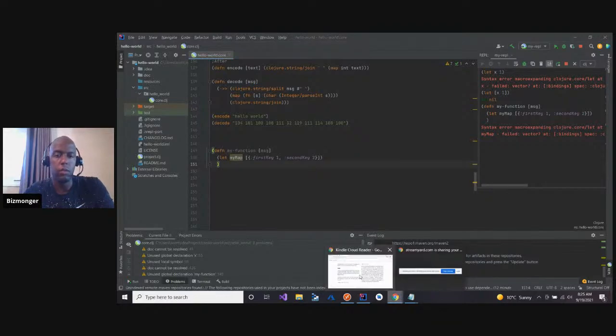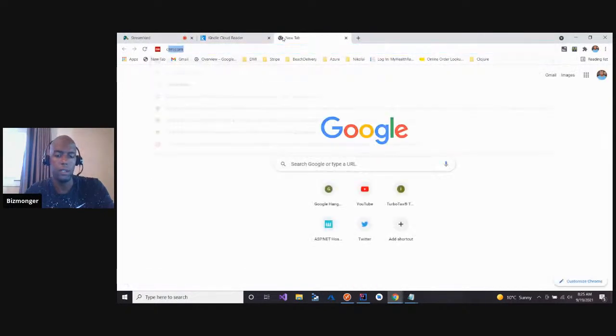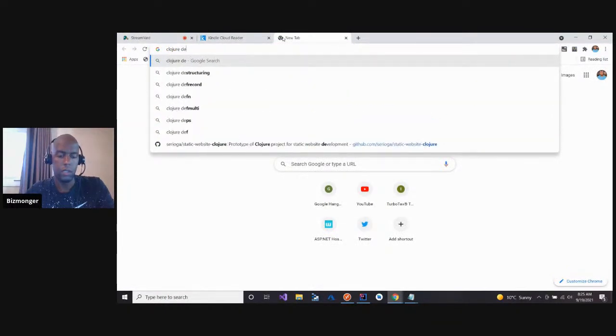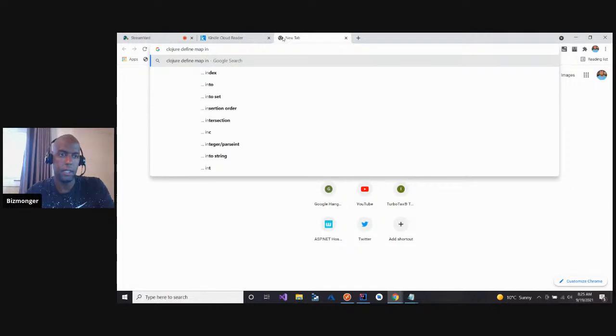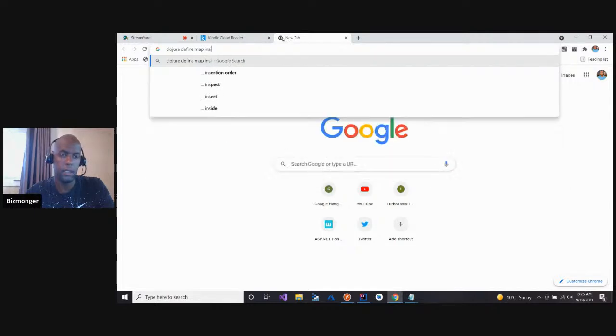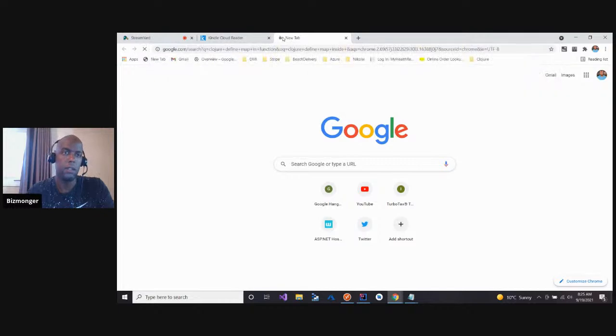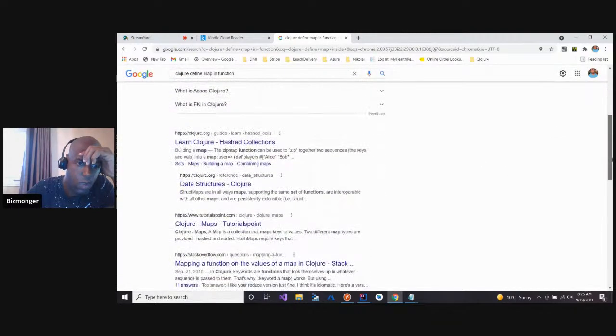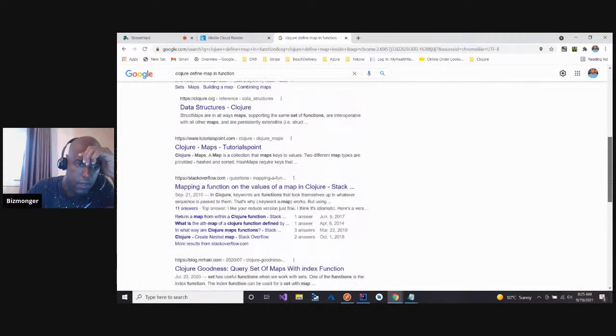So this is when I go to Google and say Clojure, find map inside function. Mapping a function on values. Return a map from within a Clojure function.